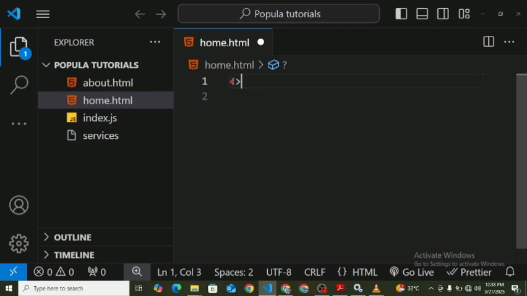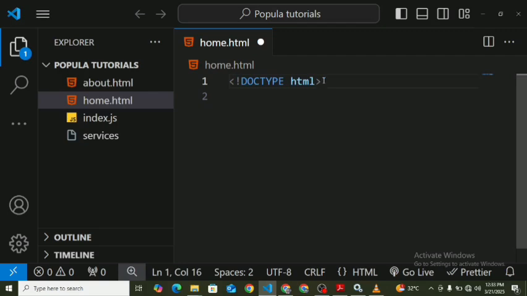I said tags. Tags are something else. So no, these are not tags. These are just less than and greater than symbols that are used in HTML. That's the first thing you do. Then inside you type an exclamation mark, then doctype HTML. This doctype HTML line tells your browser, whichever browser, in this case we are using Chrome,